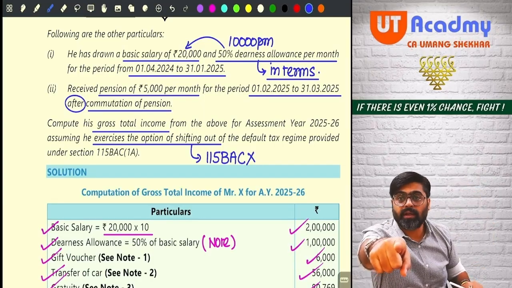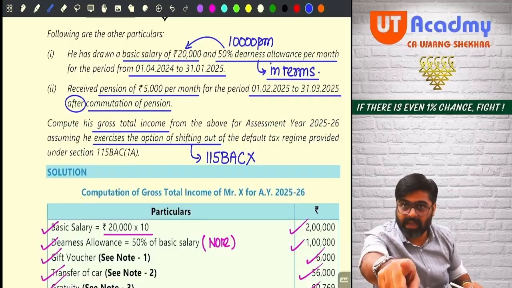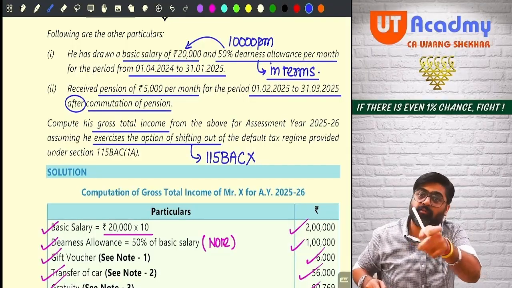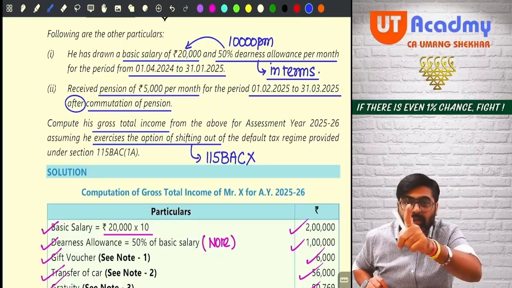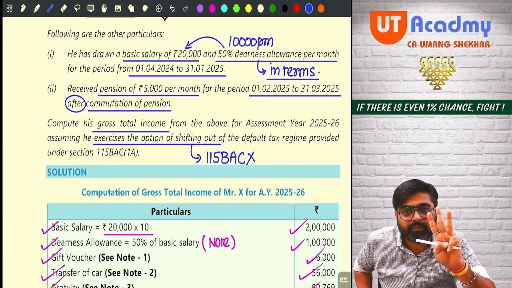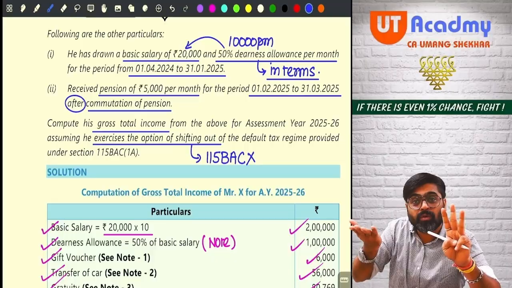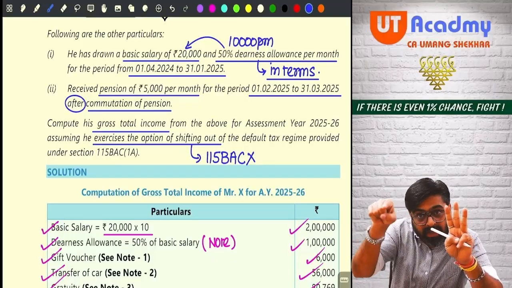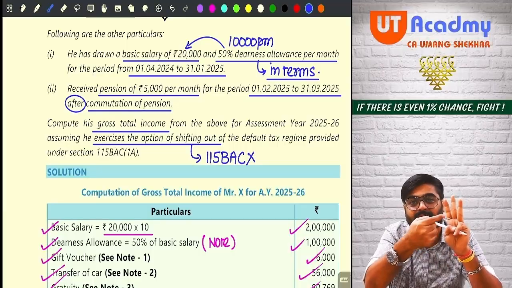How much leave salary you are getting? 3 lakh 30. That 3 lakh 30 you are receiving for how many months? 11 months? 330 divided by 11, you will get 30,000. Meaning that your employer has given you retirement benefit of 3 lakh 30 based on 30,000 salary. And that 30,000